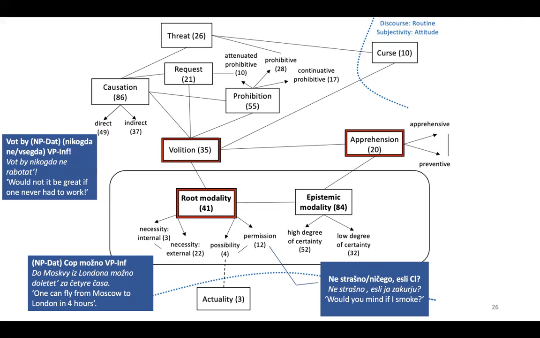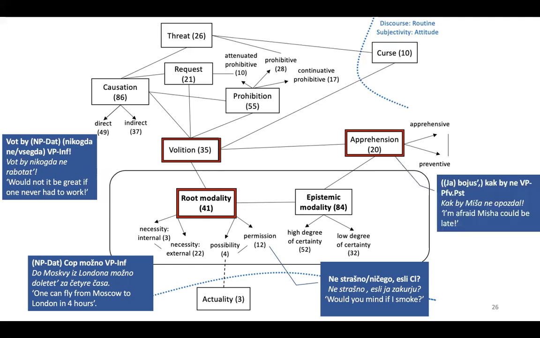The semantic component of volition is also present in other categories. For instance, apprehension is related to an undesirable situation that the speaker would like to avoid. «Как бы Миша не опоздал», I'm afraid Misha could be late, means that the state of affairs in which Misha is late seems undesirable for the speaker. Now you see that the core and neighboring categories are interrelated. Moreover, the radial category structure can be used to model a network of constructions that belong to a single semantic type. If we zoom in into prohibitive,